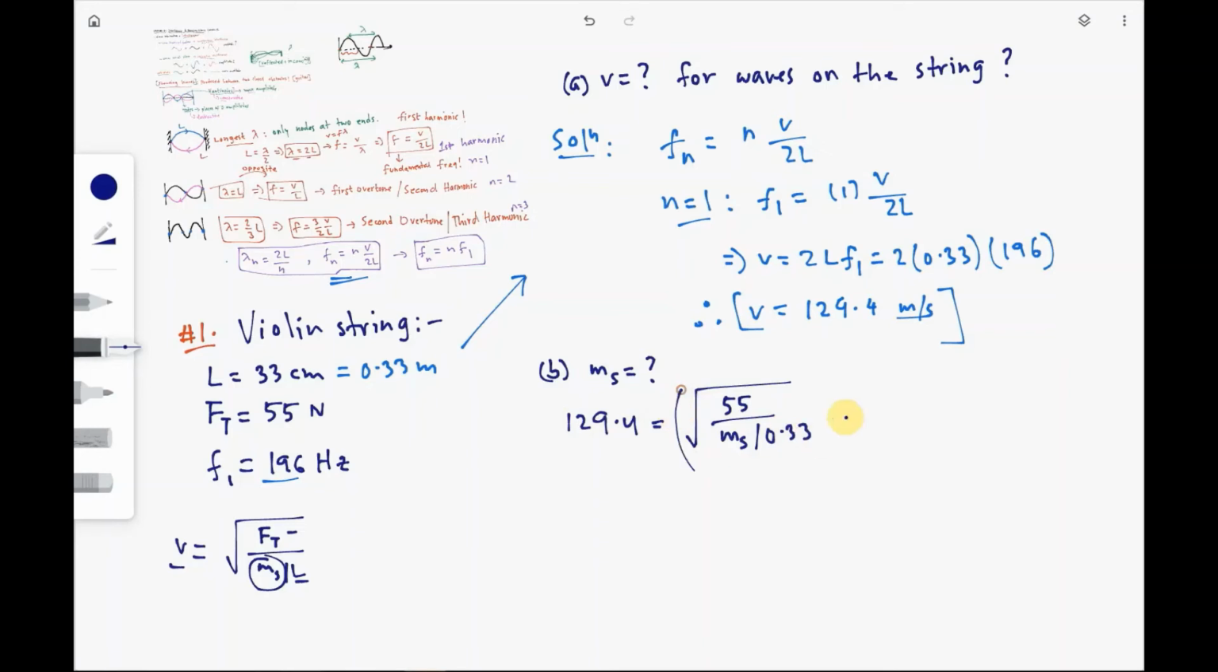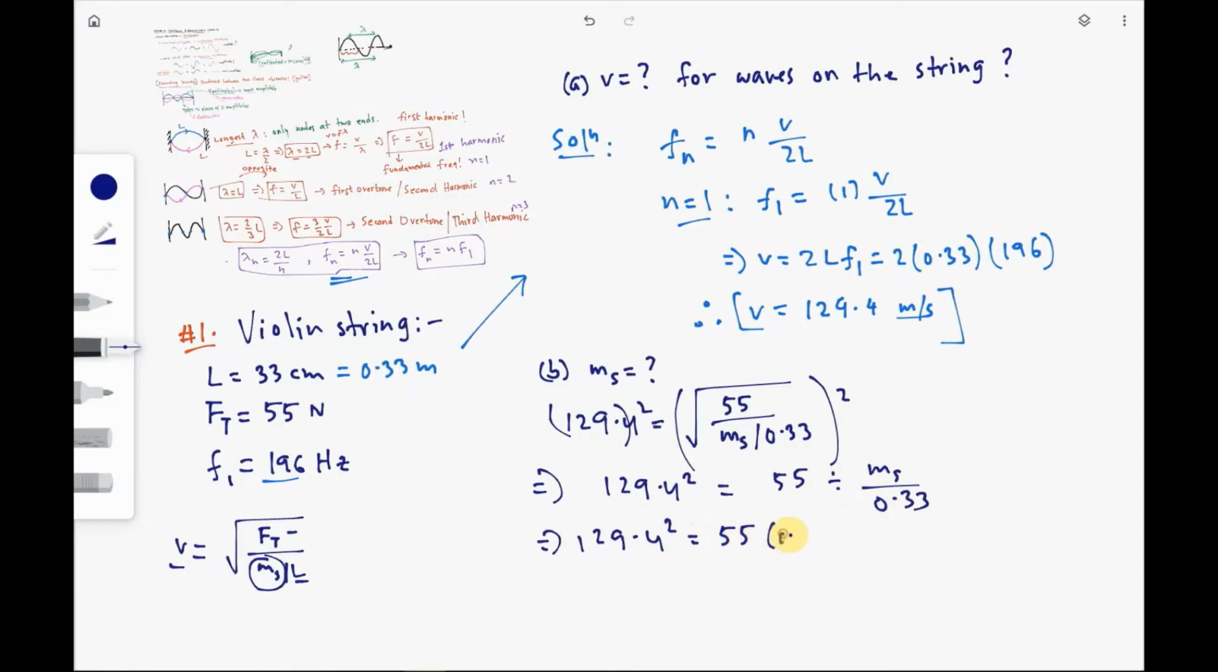Alright, as a start, square both sides to get rid of the square root. Then from then on, it's pretty simple. You have 129.4 squared on one side, and on the other side you have 55 divided by the mass of the string times over 0.33, which turns out to be 129.4 squared equals 55 times 0.33 over mass of the string. If you solve for mass of the string by first cross multiplying both sides, then you get the mass of the string to be around 1.08 times 10 to the minus 3 kilograms,